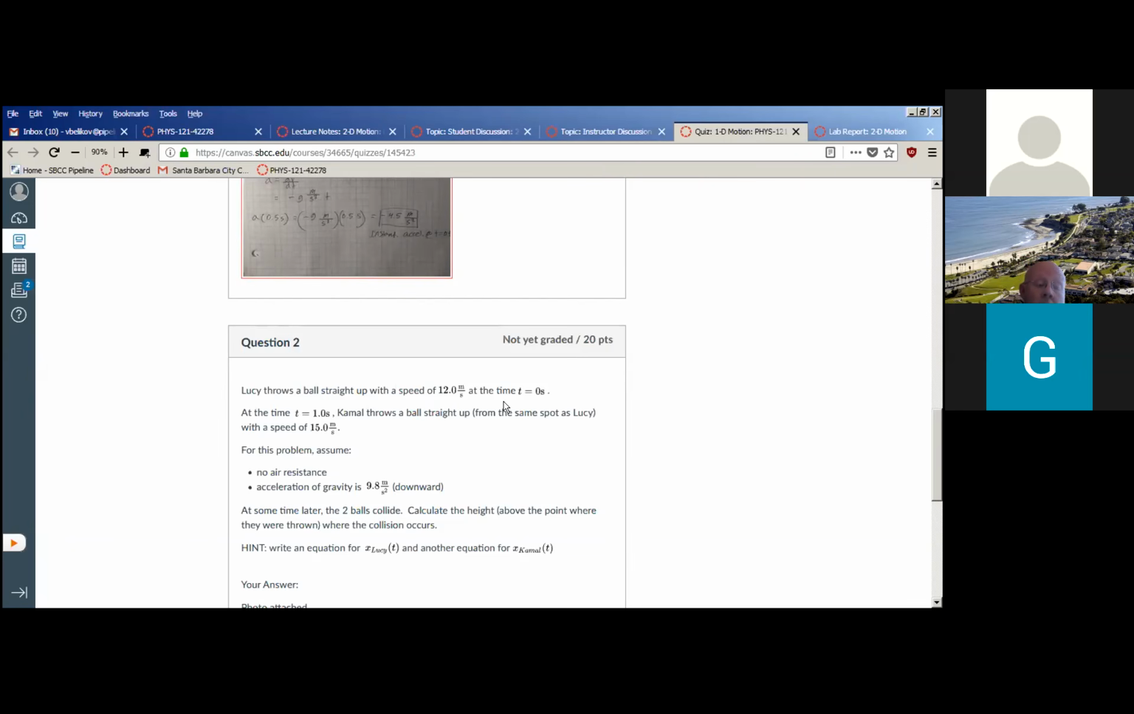Hint: write an equation for the position as a function of time for Lucky. Okay, good. And another equation for Carmel. And let me say, you probably already experienced this, but I think any problem